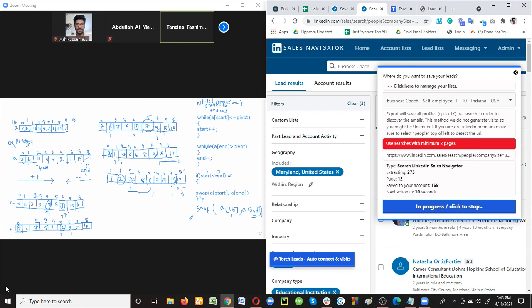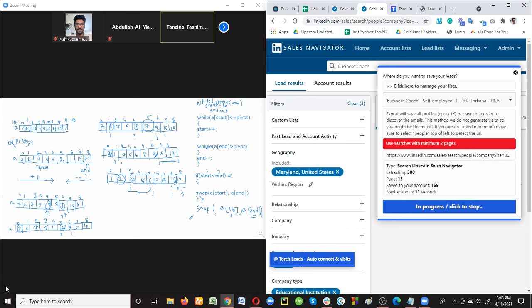Again, comparison. For this subarray, the pivot element is 7. Now compare the a[i]th element with the pivot element. a[i] equals 7, and 7 equals 7. That means this condition is true. Now i++. So the new value of i is 3. And a[3] equals 5. Is it less than 7? Yes.